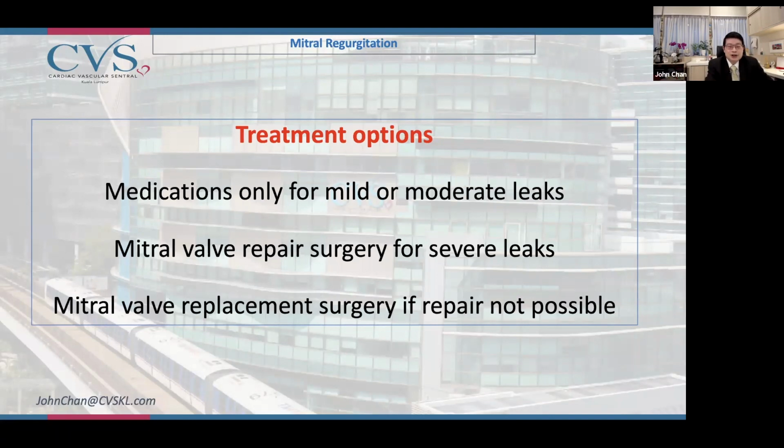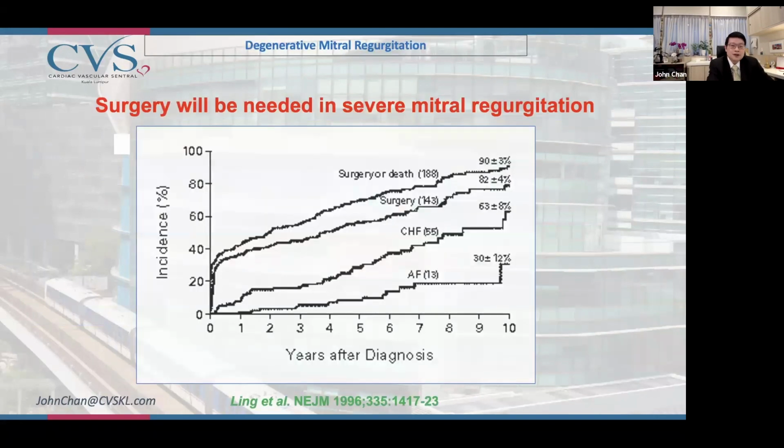And surgery to repair the mitral valve is the best option. And if it is not possible to repair the mitral valve, then surgery to replace the mitral valve would be the recommended treatment. So if we look at what happens to patients, if we just treat this condition with medication and just don't do surgery, just leave it alone, over 10 years, you can see that 30% have developed what